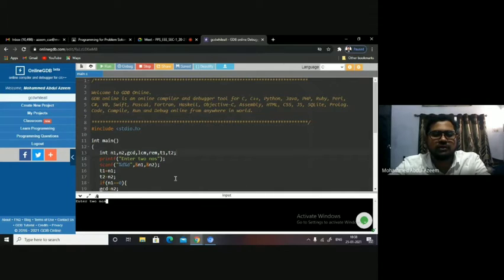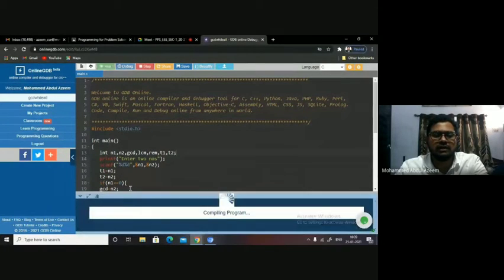We can check with all three possibilities: one of them is 0, both of them are 0, and both of them are non-zero. First, we go with non-zeros here. 24 and 36. Okay. The result is GCD is 12 and LCM is 72 of the numbers 24 and 36. Similarly, we'll now check with some exceptions, giving 0 and 24. If I give one value as 0 and another value as 24, GCD is non-zero, that is 24. LCM will be 0, that's it, right? And now I'll give n2 as 0.